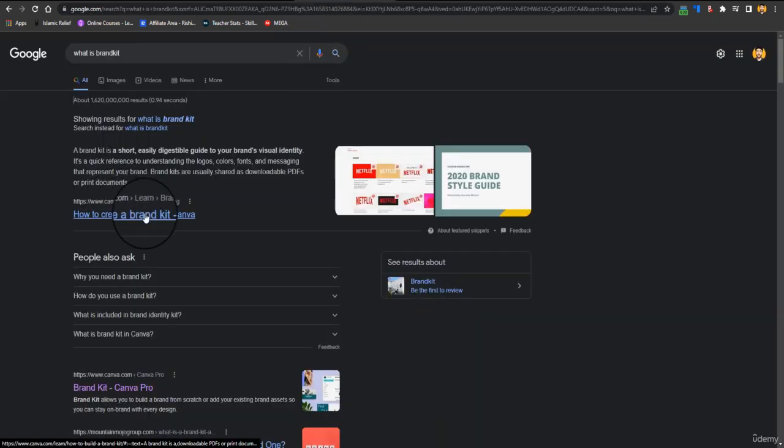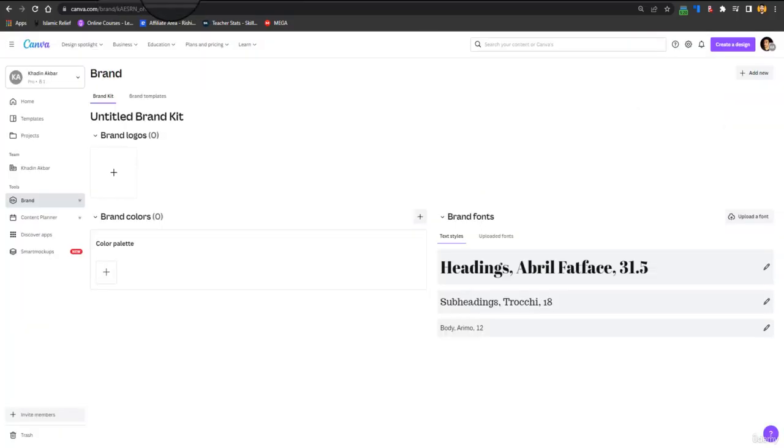What is a brand kit? So here you can see a brand kit is a short, easily digestible guide to your brand's visual identity. It's a quick reference to understanding the logos, colors, fonts, and messaging that represent your brand. Basically, a brand kit contains the fonts used by the brand, the colors used by the brand, the sizes, and all the things used by the brand.